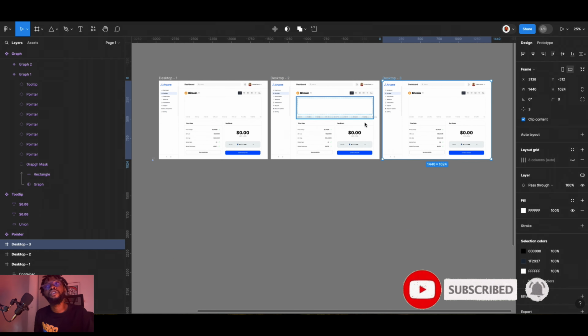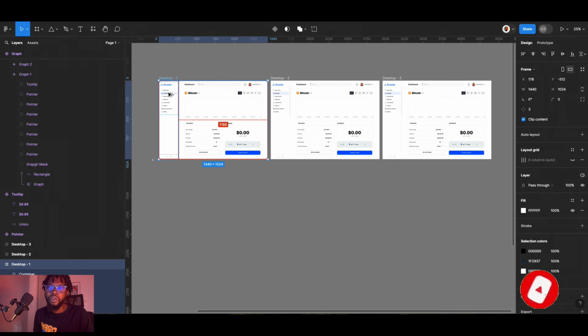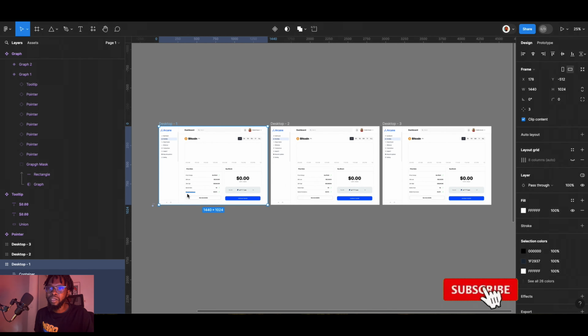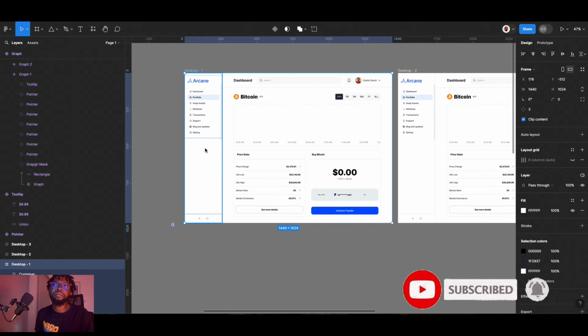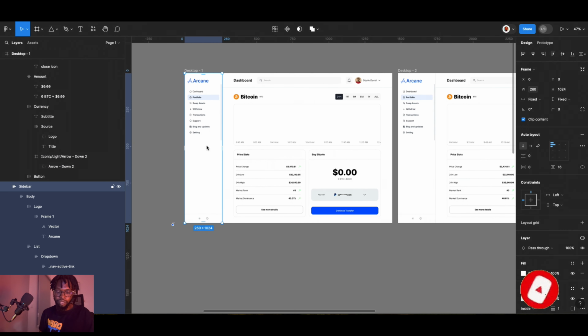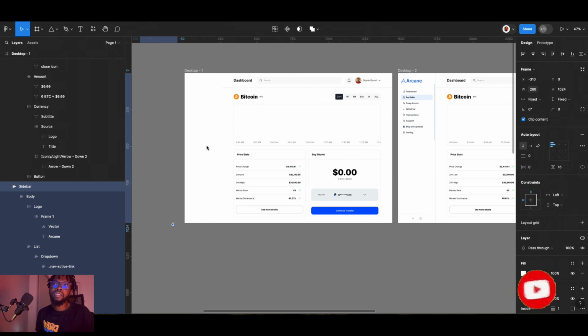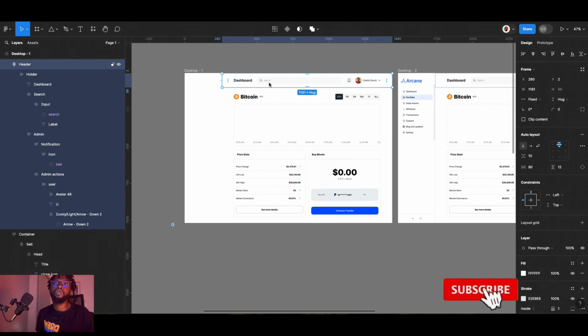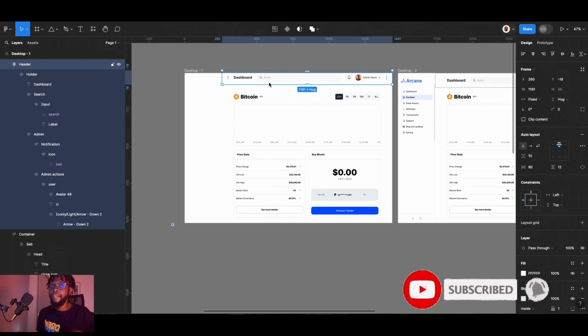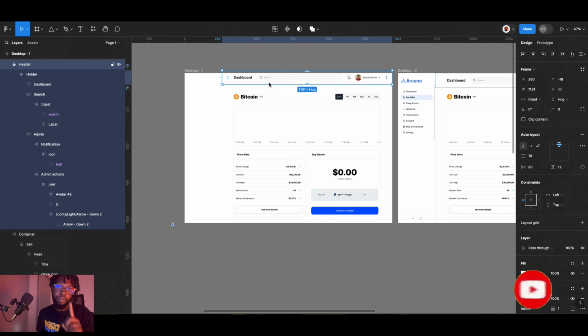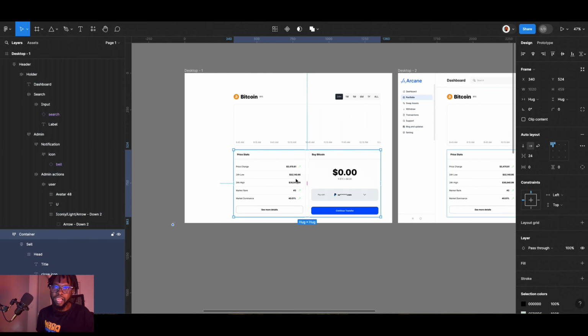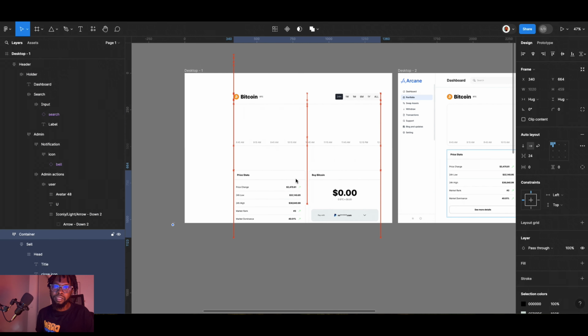So I've duplicated the same screens, right? All of them are the same. So I'm going to come to desktop 1. What I want to do in desktop 1 is, watch me closely. I select my sidebar menu, and then I hold shift and the left arrow and move it out of the frame. I do the same with this one, move it on top. But this one, I'm not going to be selecting left. I'll be selecting the arrow that points up, and then move this up. And then this, I'm going to move this down. And then this,